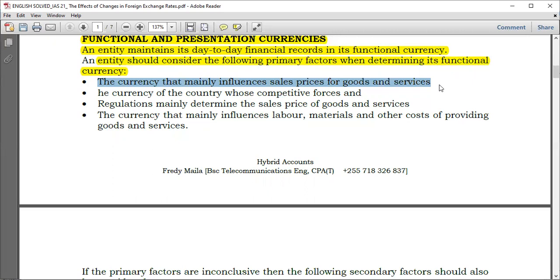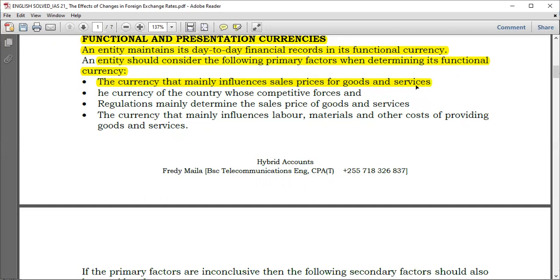Now, let me just give you a hint. If you need to study this, just take a look at the financial statements. For example, if you start with the income statement, you usually have sales revenue, right? As the first line item. Is that right? So yes, if that's the situation, that's why you find out the currency that mainly influences the sales prices of